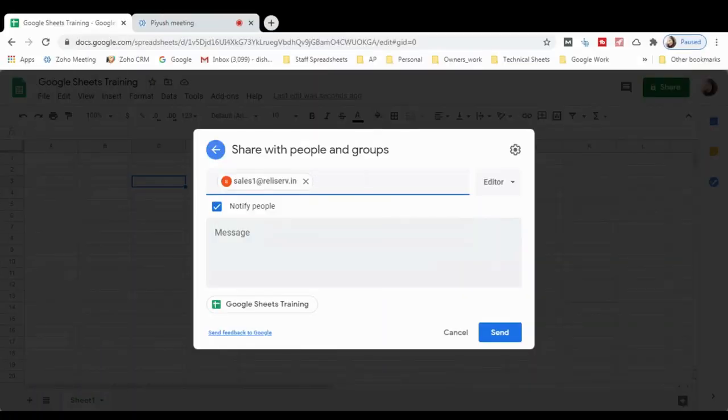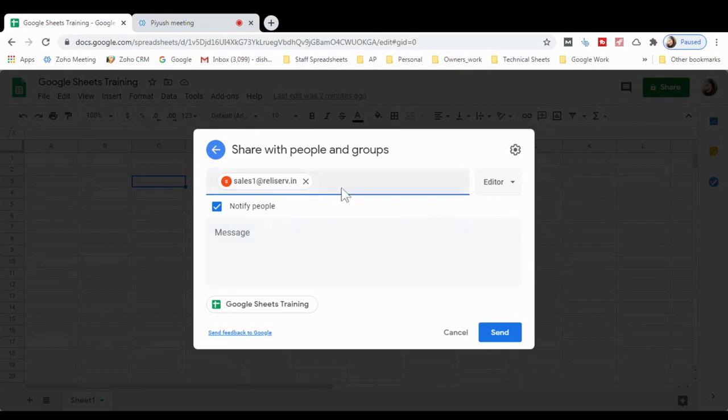You don't have to mail them separately. This is the advanced feature that I really like about Google Sheets. In basic Excel, we usually download the file, go to Gmail and attach that file if we want to share with some person. That thing is covered here.